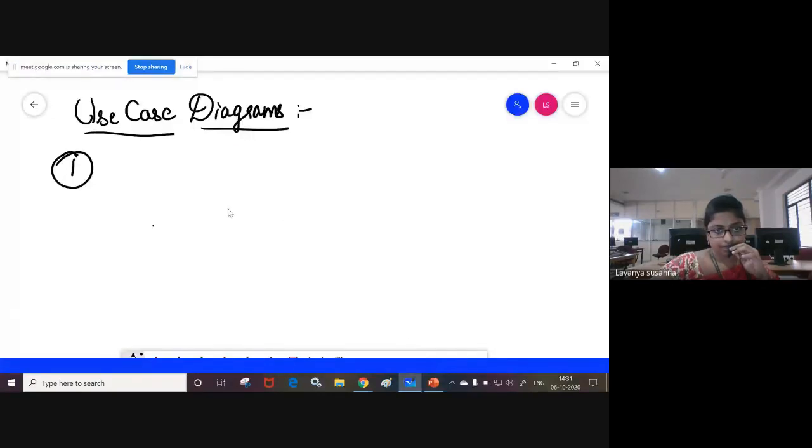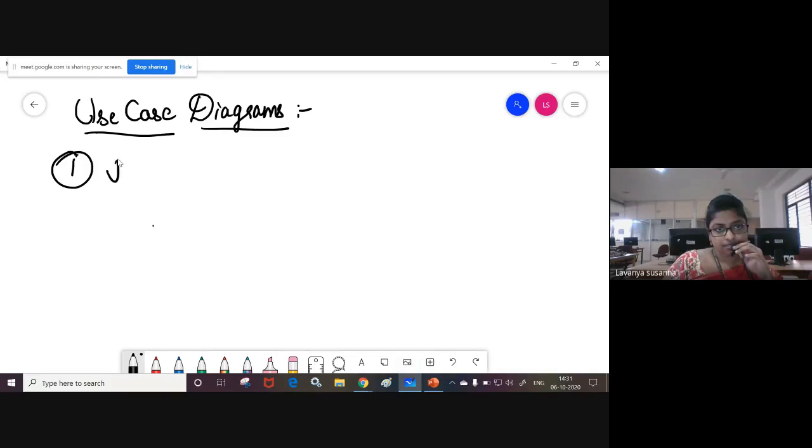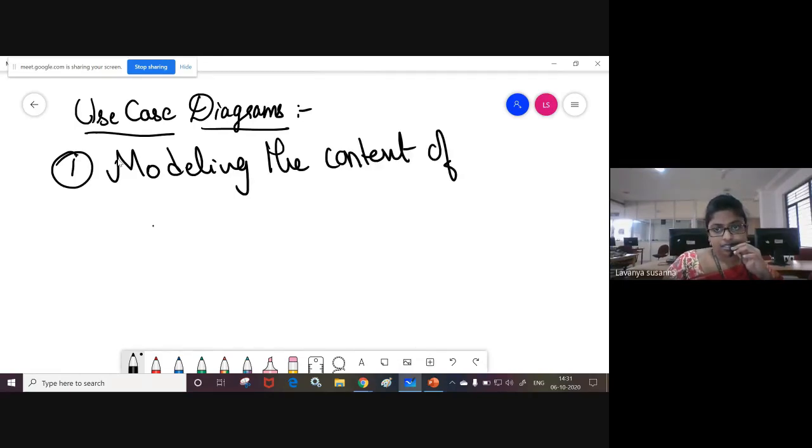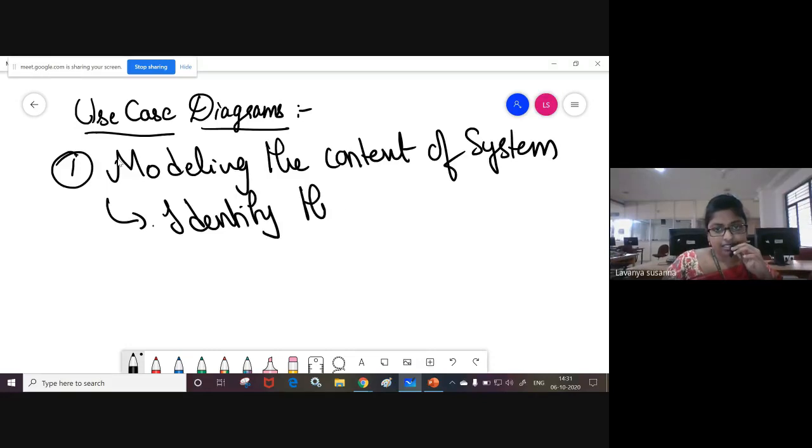Okay, see here. The first technique is modeling the context of the system. What you need to do is first identify the actors. For example, let us take our college administrative system, or information system of the college.